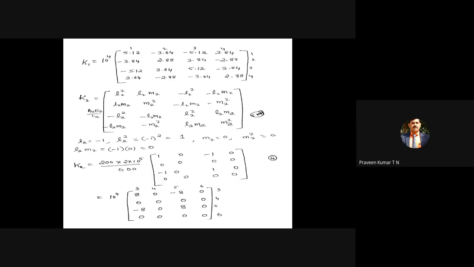You are not doing any deviation from the regular finite element procedure. So whatever may be the type of element in the finite element method, the procedure remains the same, the steps remain the same, only there may be changes in the stiffness matrix. Stiffness matrix for the bar is different, for the beam is different, for the shaft is different, for the truss is different. If you know those stiffness matrices, then the procedure remains the same. Now we have K1 and K2. I will not explain in detail. From K1 and K2, you have to get the final stiffness matrix.